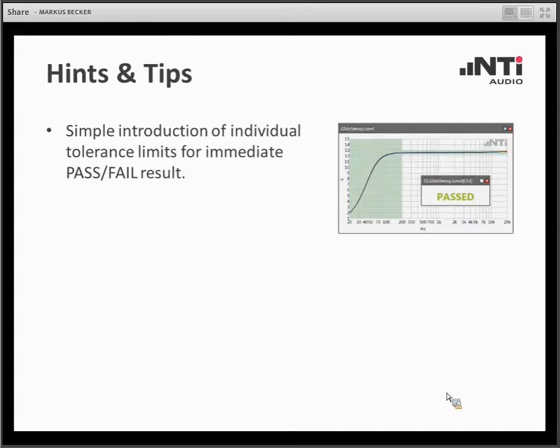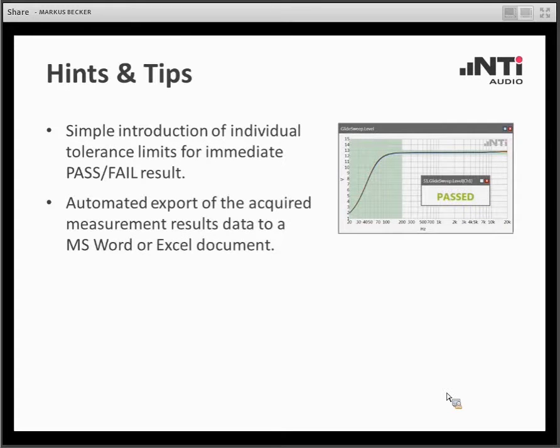Same applies for an automated data export of the acquired measurement results, for instance, into a Word or an Excel document. This is also supported by the software and is part of such a sequence. And you can look up how this works in the corresponding webinar or tutorial video on our website.